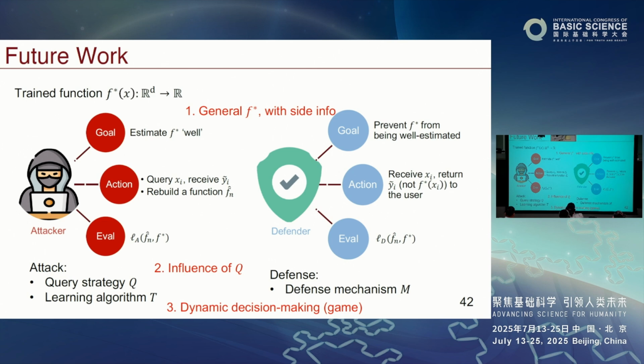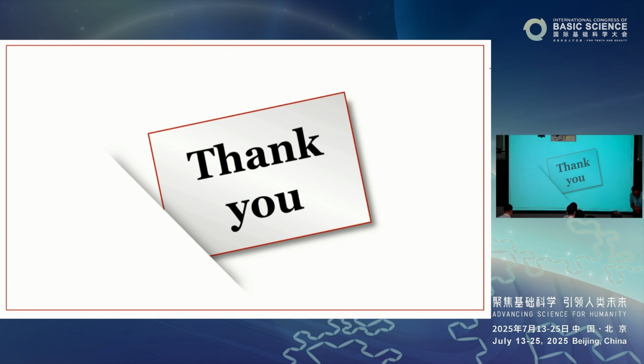Another is the dynamic decision making. So it's more in the game setting, and Professor Chen, of course, is a leading expert in econometrics. So there, the defender is guessing what kind of learning algorithms the attacker may use, and the attacker is guessing what kind of defense mechanism you're using. Can we have the usual kind of game, a value of the game, right? And that kind of thing. But it seems to be too complicated for us right now. Okay. So with that, I will stop here and thank you.